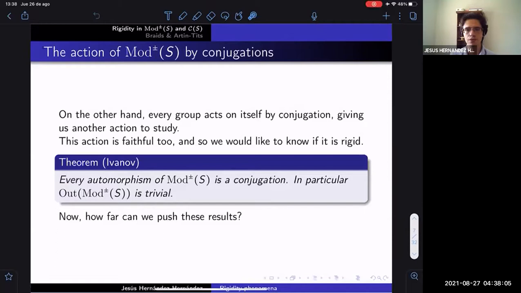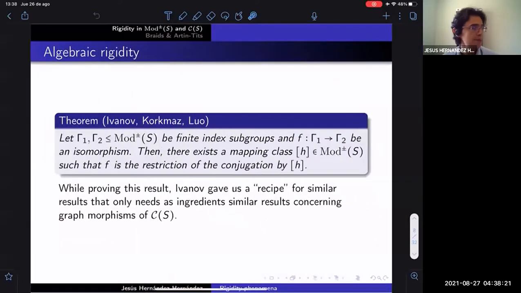So now we have these two results, these two rigidity results of the actions. And at least a natural question for me would be how far we can push these results. How far can we generalize them and see if things work out? And that gives me, well, thinking of the fact that the outer automorphism group of the extended mapping class group